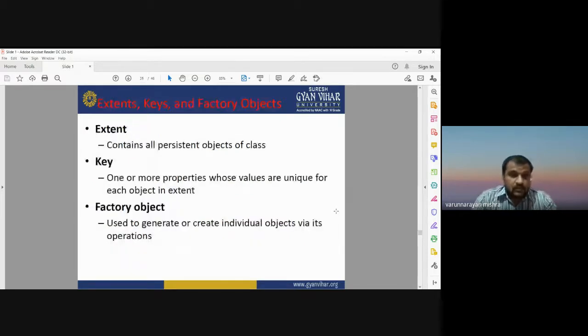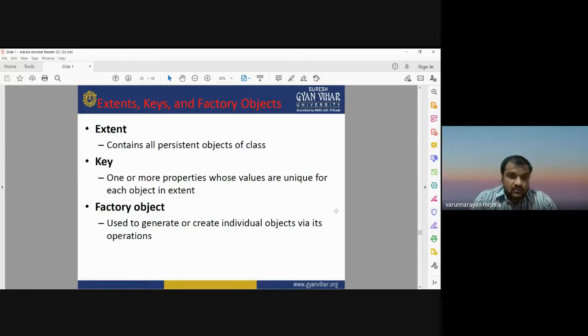Okay, now what are extent, keys, and factory objects? An extent contains all the persistent objects of the class. A key means one or more properties whose values are unique for each object in the extent. And a factory object can be used to generate or create individual objects via its operations.